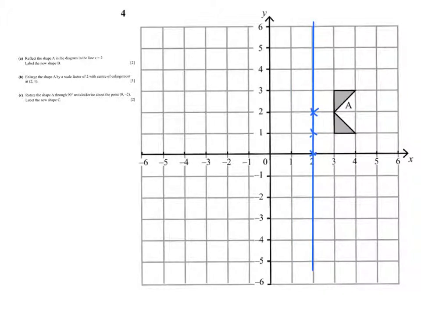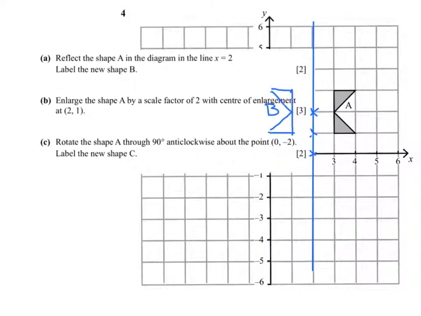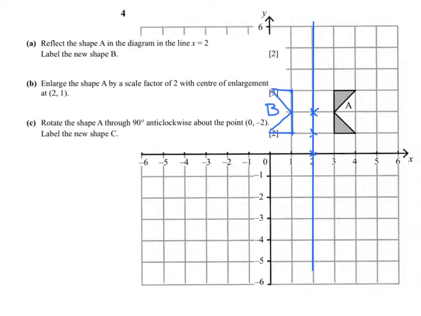Reflection, we want the mirror image, so every point will move and be reflected. You must in the exam use a ruler, and I don't have a ruler tool on this app. So make sure that you're doing it in pencil and you're doing it with a ruler, so that is B. And then if we look at B, we want to enlarge the shape by a scale factor of 2